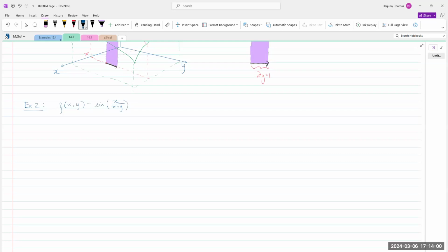So what is dou f dou x, which is also f sub x? That is equal to the derivative of sine, which is cosine, times the derivative of that blah